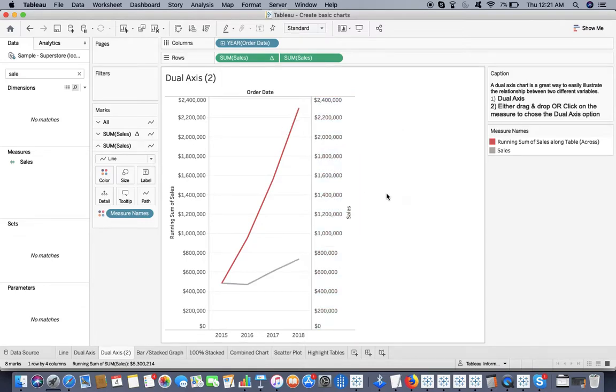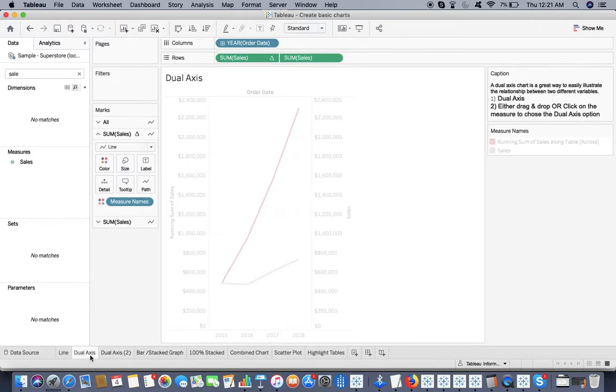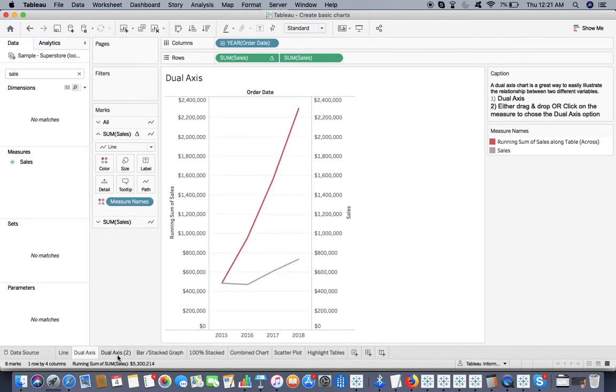Now it's a cool chart having the same origin and helping me to understand the relationship between two different variables over there, sales and sum of sales, running total of the sales along the table. Fair enough. So here you see, okay, it's not a combined chart, but then let me switch over to the combined chart